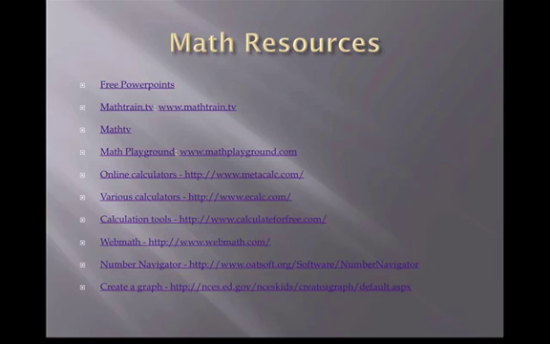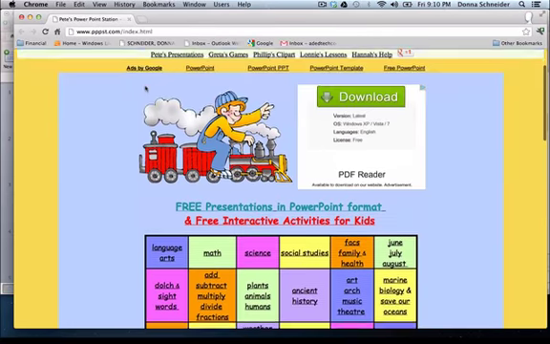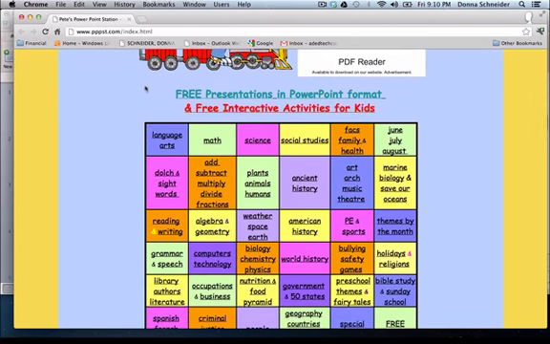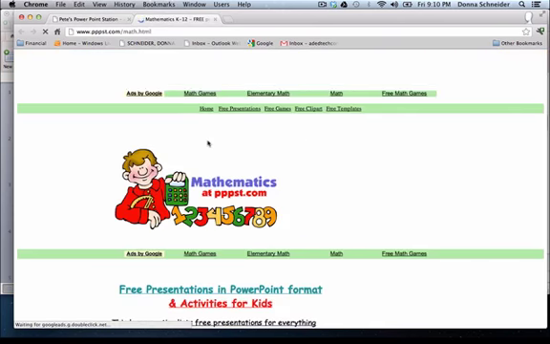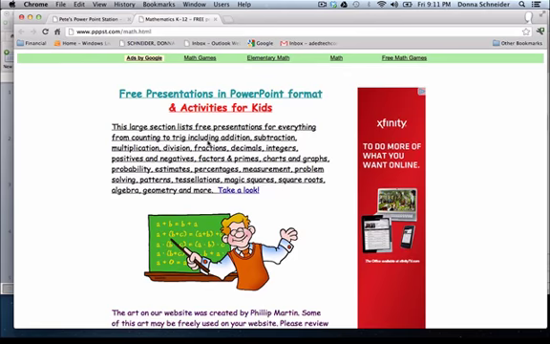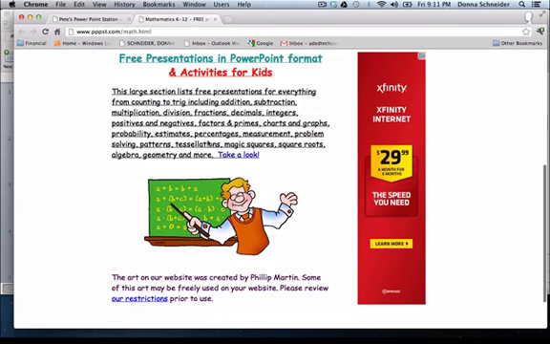The first resource, although in the math resources video, also provides support in other academic areas. As you can see, Free PowerPoint provides material for various math concepts, science, social studies, any kind of concept that you could think that students may be learning, even bullying and safety. When you go into the math concepts, we click on math, presentations for kids to use,